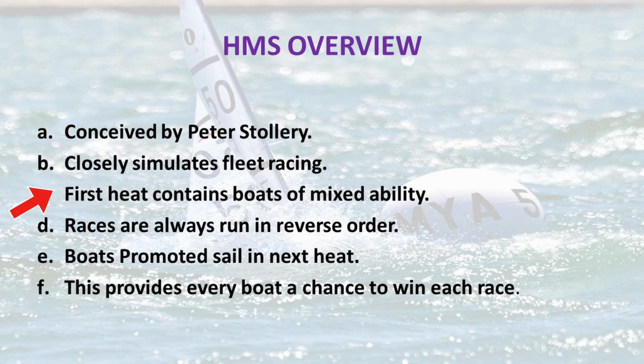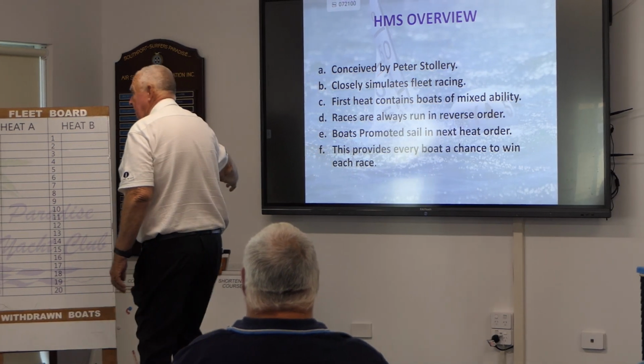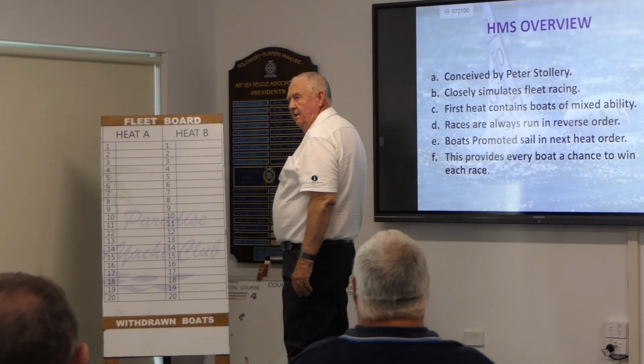The first heat, which is a seating heat, and there's only one seating heat for each fleet, consists of boats of equal ability. So you have the top boats and the bottom boats in each heat, and I'll show you how you do that in a second. All right. The races are always sailed in reverse order. So we had 5 heats. We'd start off down here, here,